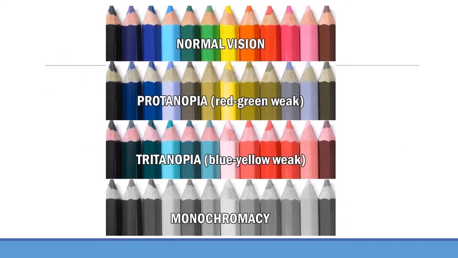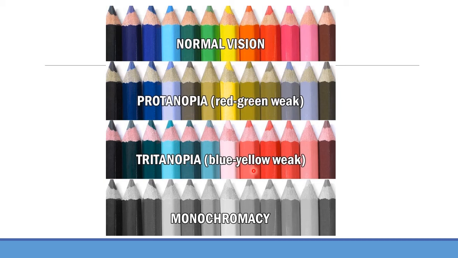I saw this on Reddit the other day. I thought it was a really good illustration of this. So imagine you have normal vision. You're looking at colored pencils. I apologize for anyone who might be colorblind in the room. I don't mean to draw attention to it by any means, but this is what it might look like to someone who had some of these issues here. So if you're red-green weak, you had protanopia, so again, a deficiency of those red cones, you would have a very hard time distinguishing between these colors. They all kind of look yellow-greenish. At least to me, they look kind of yellow-greenish. Maybe I'm diagnosing myself with a vision disorder. Who knows?